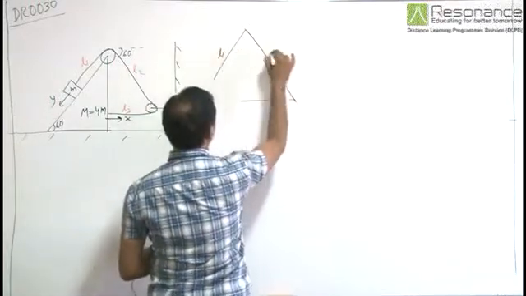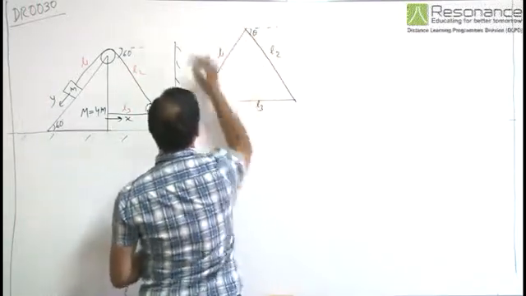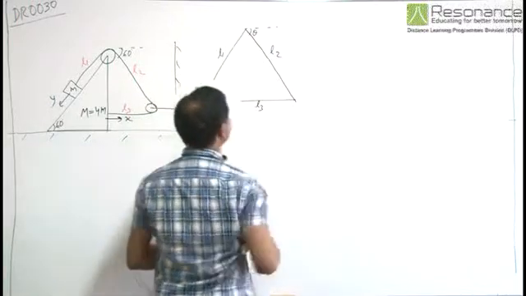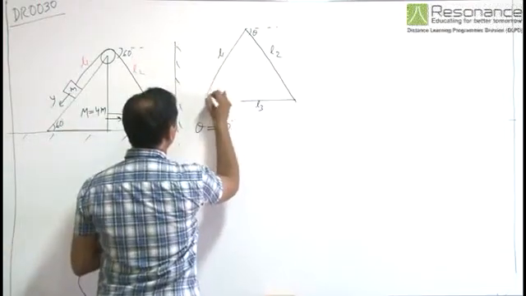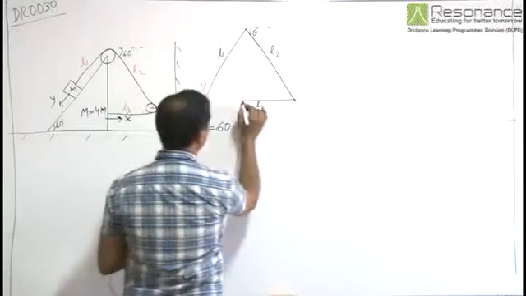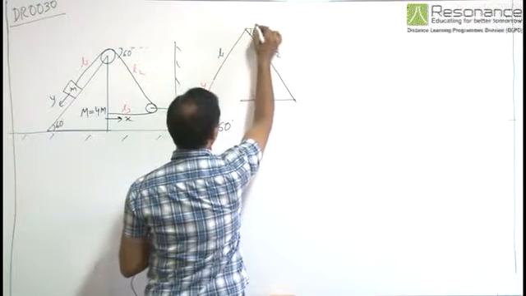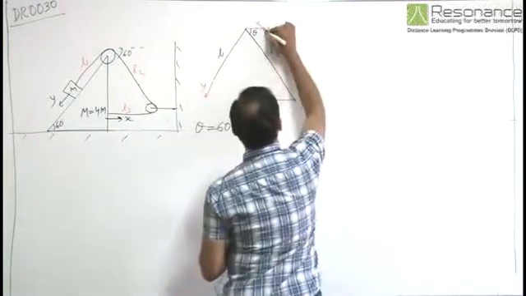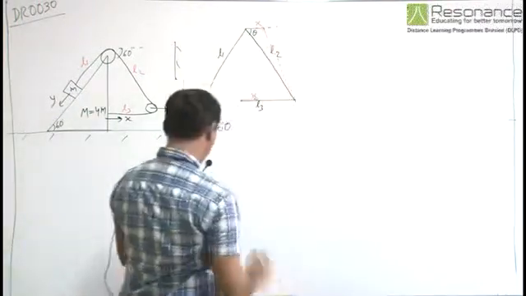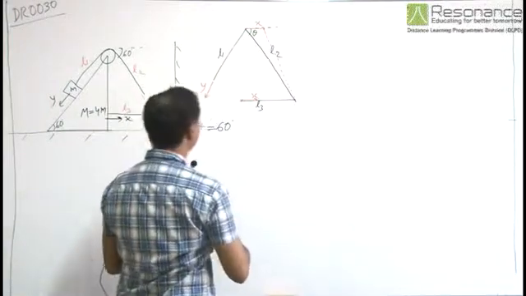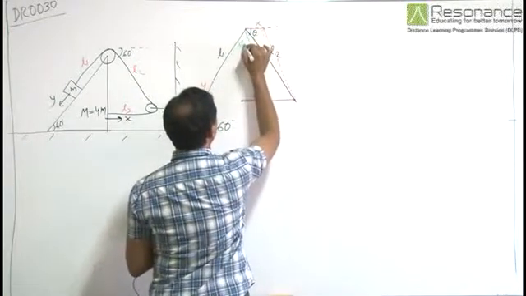So there are three parts, L1, L2 and L3, and this angle is theta, where theta is given to be 60 degree. Now at a particular instant, the block moves down by Y, the wedge moves forward by X, so the top of the wedge also moves forward by X, and the string becomes like this red dotted line, such that the length of this particular portion of string is x